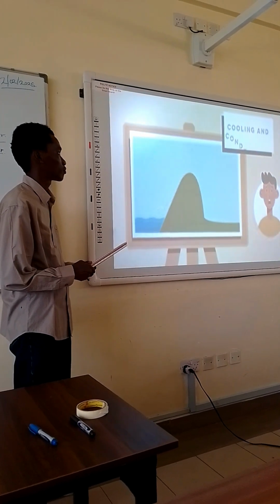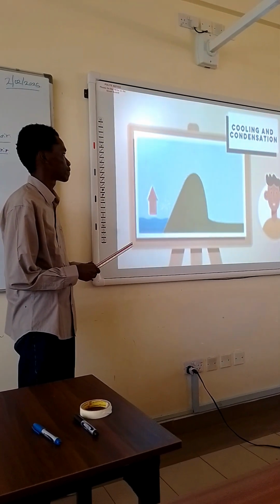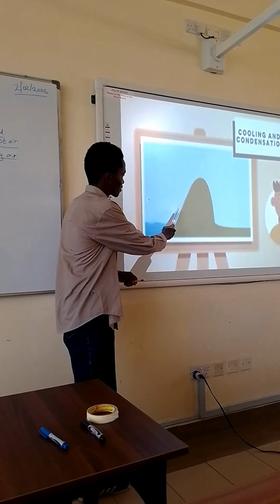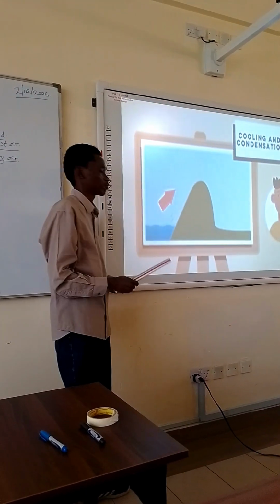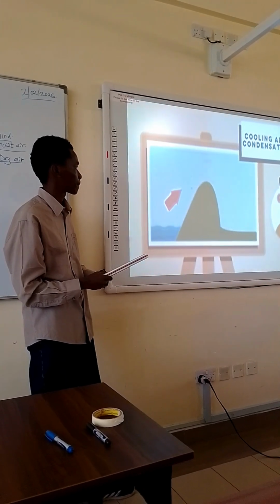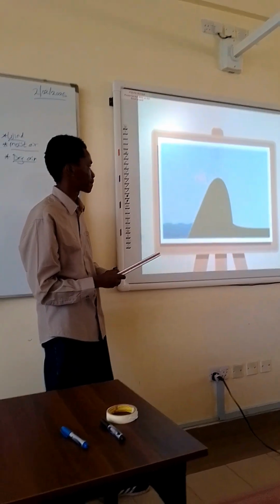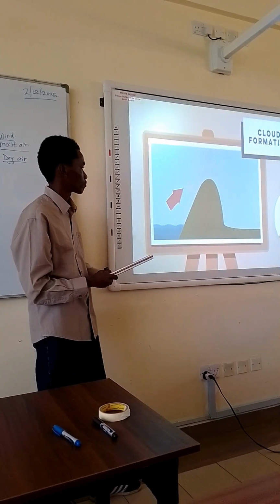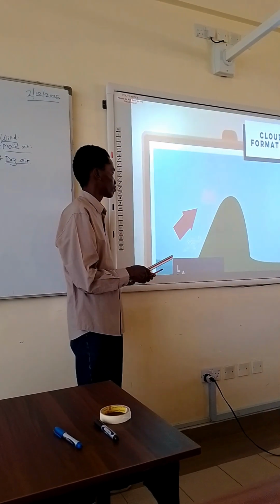Step 2 is then cooling and condensing. As the air rises, it cools. The higher it goes, the cooler the air becomes. This cooling causes the water vapor in the air to condense into tiny water droplets, forming clouds. Step 3 is then cloud formation. The process of condensation releases latent heat, which